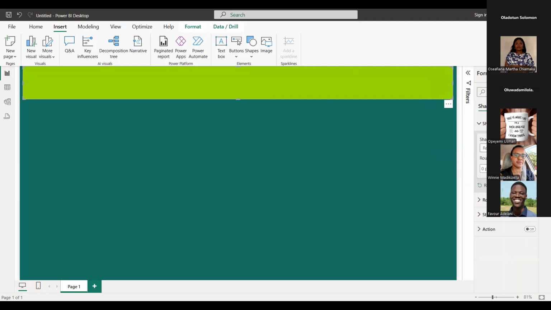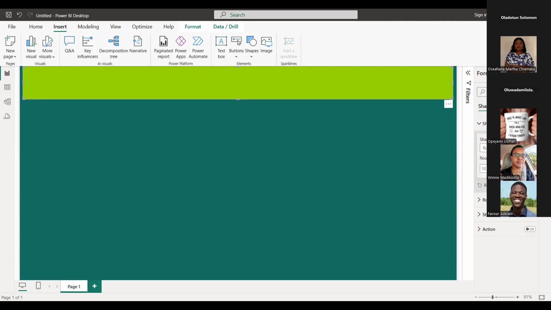Say I want to change it to another type of shape. And as you can see, this is taking effect as I'm changing. But for this, I'm just still going to be sticking to my rounded rectangle, but I'll be reducing the corners. So you see this feature here.